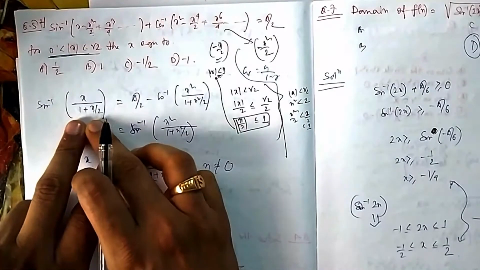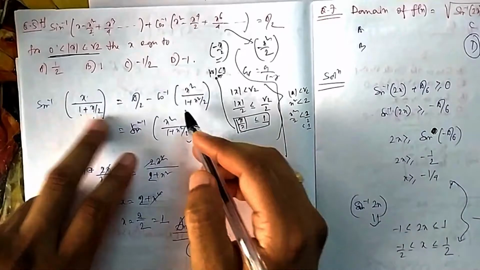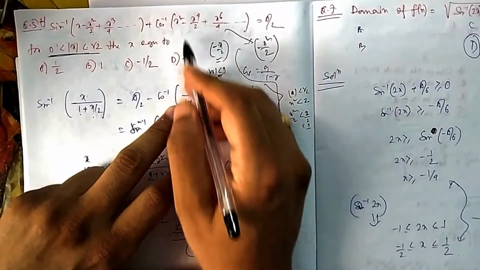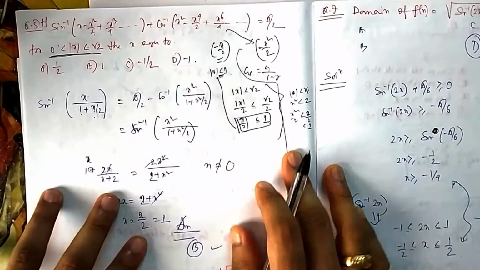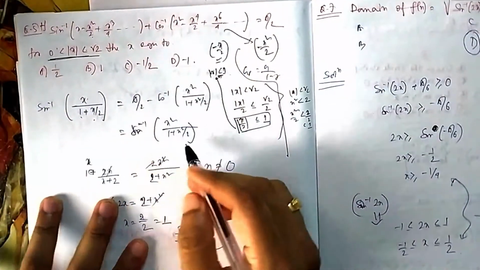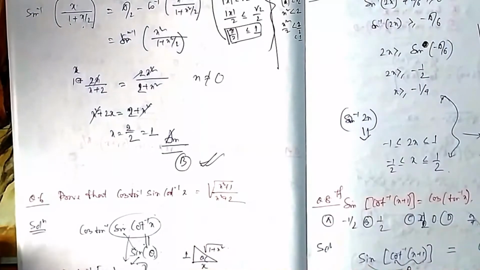So you can apply the infinite GP formula, a by 1 minus r, r is here minus x by 2, so that's why plus, here also 1 by 1 plus x square divided by 2, and that is pi by 2. There is always a temptation to bring cos to that side, so sin inverse gets cancelled out. If you simplify you will get x equal to 1, that is option B.